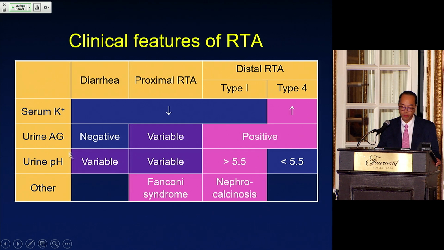Diarrhea, as I mentioned, the urine pH can be variable, so that's sometimes confusing. Proximal RTA also variable. And then there are other features that are clues to this. So, for example,